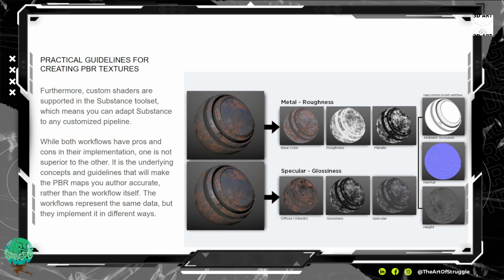So the main differences that you're going to get is, in the metal roughness workflow, right, they have a base, roughness, and metallic. However, in the specular gloss workflow, you've got a diffuse, sometimes called the albedo. The albedo is recent for me. I've literally, since I've started working and doing this, I've always heard diffuse. Substance introduced albedo. Like I ain't never heard albedo until I started using Substance. So that's another one of those, like, they just be making up words sometimes. Then glossiness, right? And then